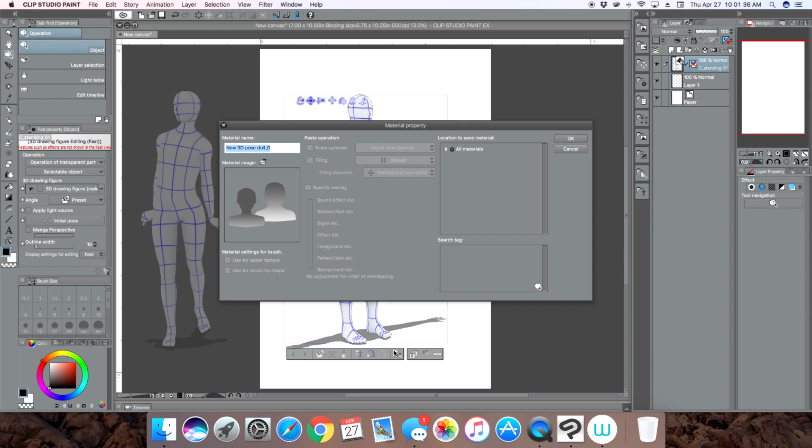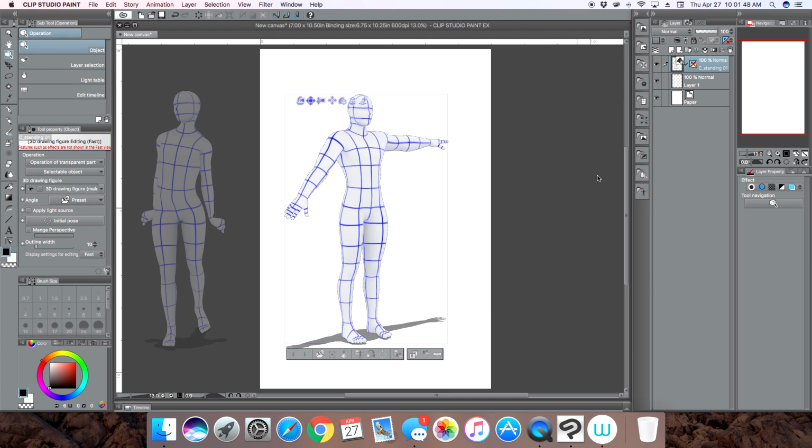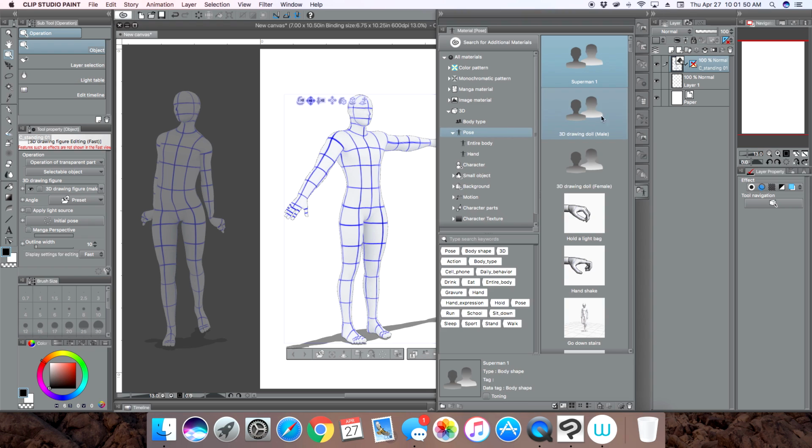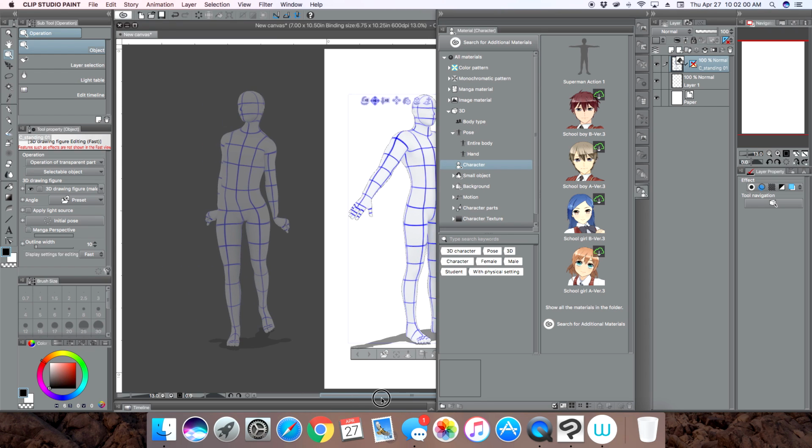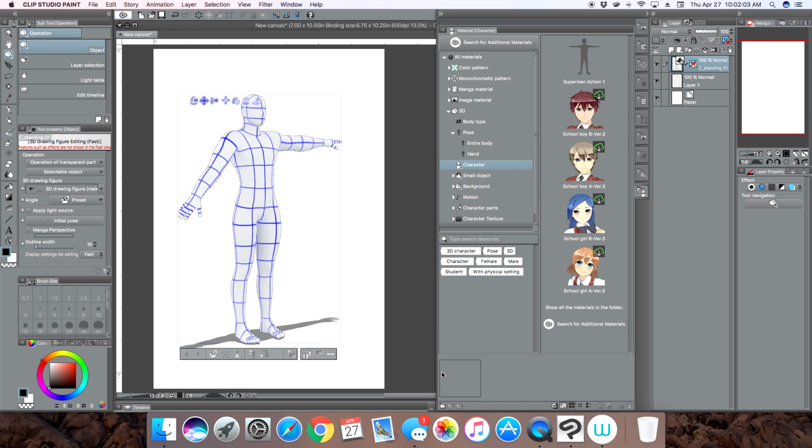This other save button here will allow you to save the model's preset. Let's say you made a really bulky model, or a really overweight model, and you want to save that. You can always just save that, which is what I did with the Superman. So I made a real muscular model, and then I saved it. And then I also, if you guys remember Superman Action Comics #1, I created that pose, and so now